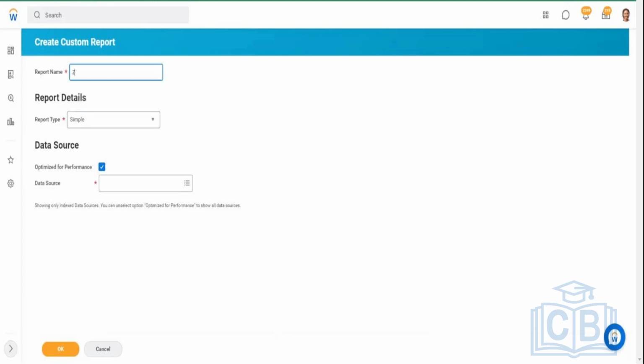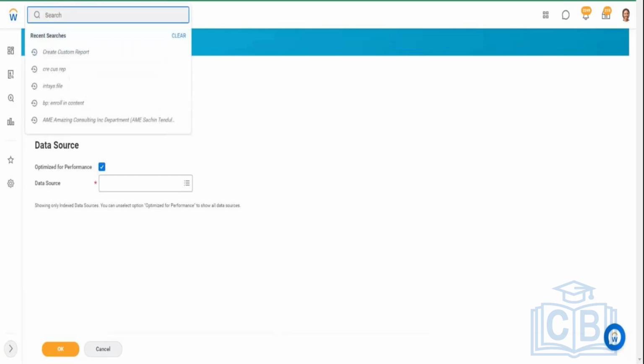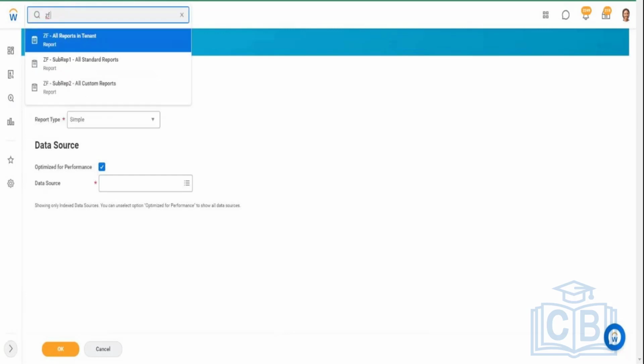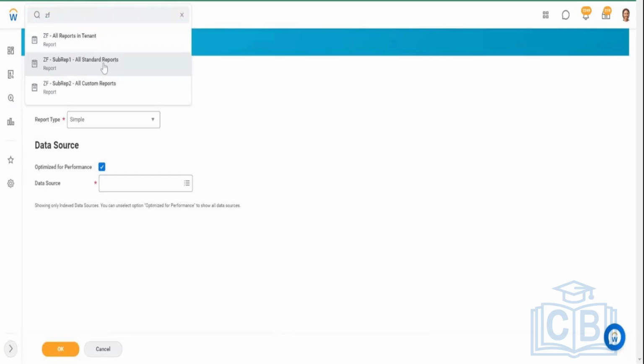Okay, so what I'll do is ZF. This is sub report 1, and I think I have this created already. Yeah. So what I've done is I have created two reports. One is this one, sub report 1, right? Yes. Okay, and this basically gives me a list of all the standard reports available in the tenant along with the total. If I go to the report definition real quick,